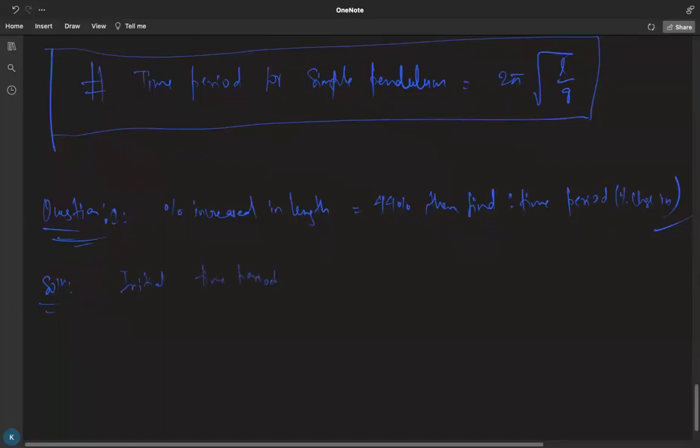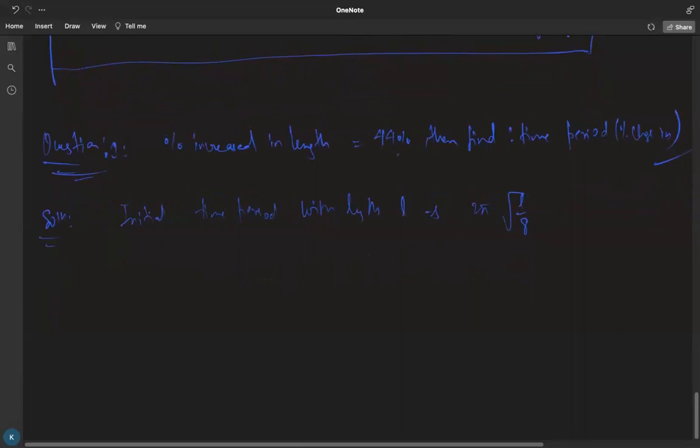the initial time period in the normal case, with length L, is 2 pi root under L by G. In normal situations, its time period is nothing but 2 pi root under L by G. Now I'm just increasing the length by 44%. So now our L dash is equal to L plus 44% of L, so it will be 144 L by 100. So our new time period, T dash, is 2 pi root under 144 L by 100 G, and it is actually equal to